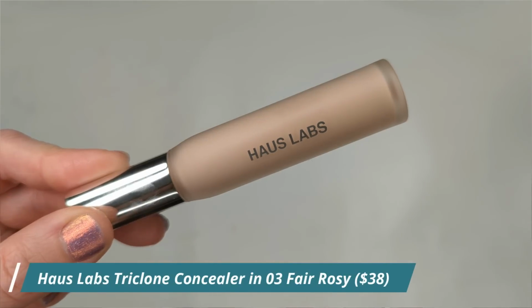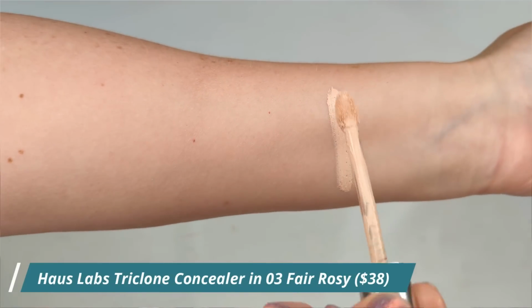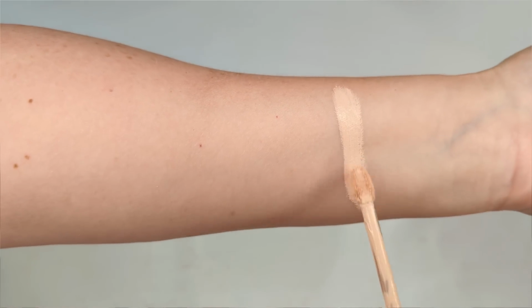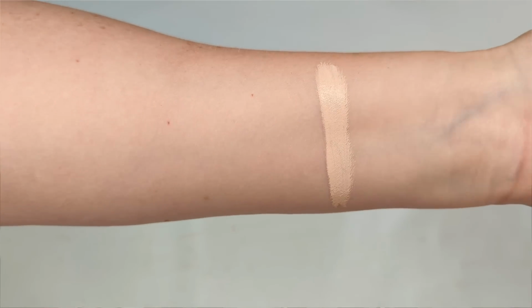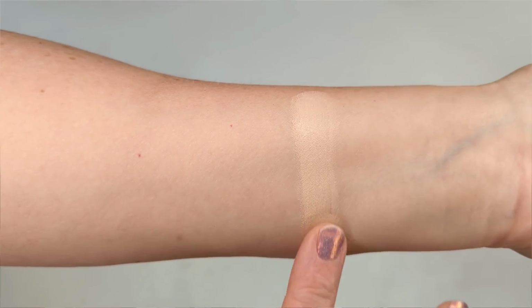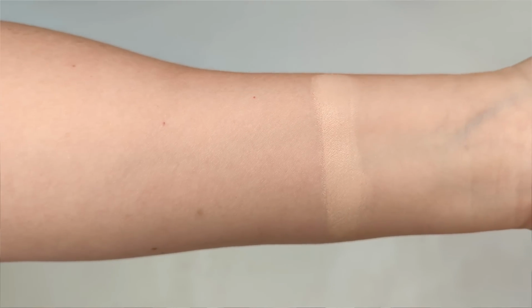Everybody's talking about it. So this claims to be a lightweight, long-wearing, non-comedogenic concealer with niacinamide, fermented arnica, and a hyaluronic acid complex. It's supposed to blur fine lines, brighten under the eyes, and depuff, along with concealing redness and hyperpigmentation. It's supposed to leave your skin hydrated. I got mine in the shade 3 Fair Rosy, and the one thing that I really noticed about this concealer,